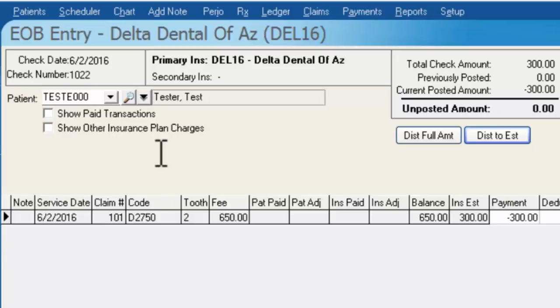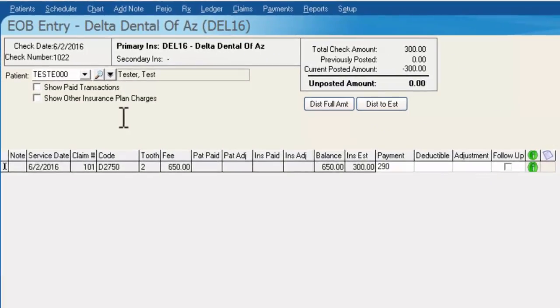If it turns out that that's not how they paid you, you can then just delete the payment and manually type it in against each of the transaction codes based on how the EOB says they paid you, instead of based on what the computer was calculating. If the insurance company pays you differently than what the computer was expecting, for example,